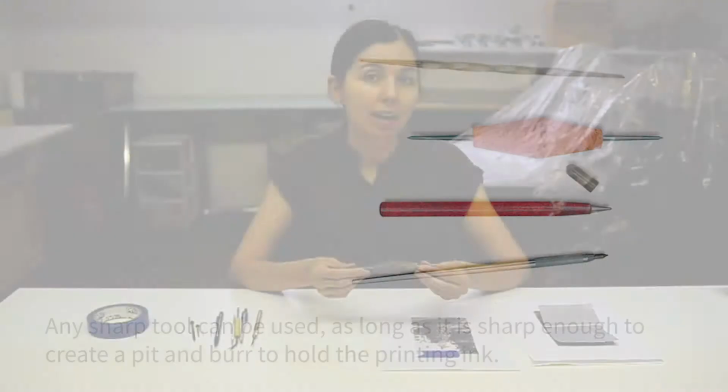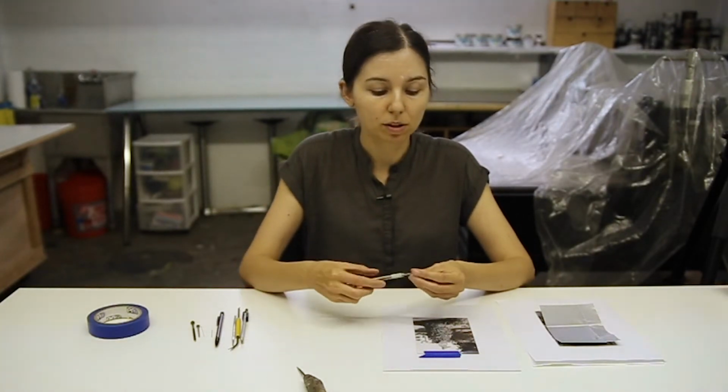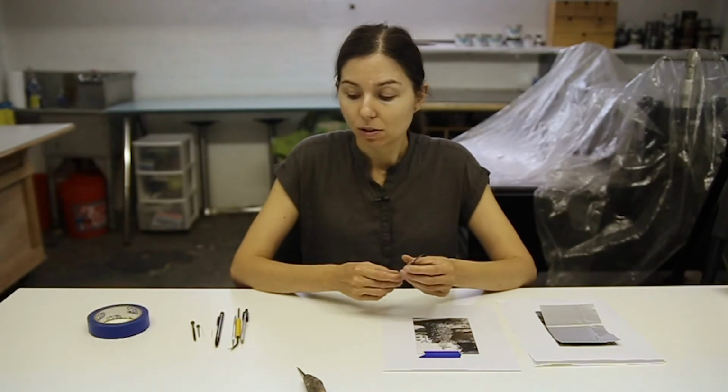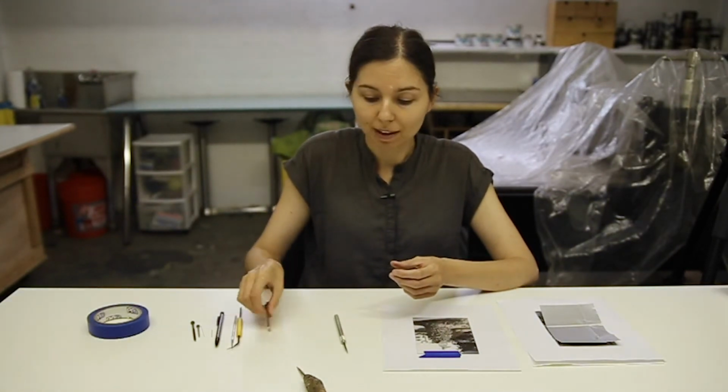Now, some of you may not have this particular tool at home, and I'm going to talk about other tools that can be used in its place. When you're looking around your home for what tool can be used, you're looking for a tool that's firm and strong, so something that's created with metal, tool steel preferably, and also incredibly sharp. So I have a range of tools here that some of you may in fact have